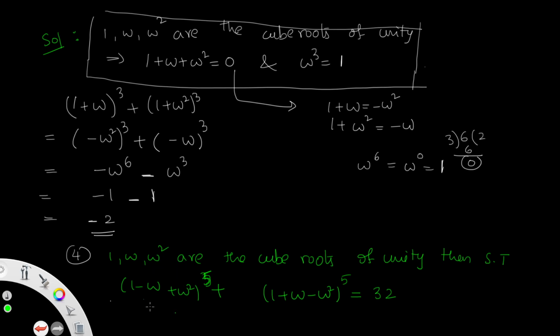But in the question it is in order there. We can write 1 plus ω², in order form, minus ω; after this, rearrange the two terms. 1 plus ω, we know that value. Already we know that 1 plus ω is minus ω². In similar way this can be practiced. So we can write it on the next page. In the same way, the solution: 1, ω, ω² are the cube roots of unity.